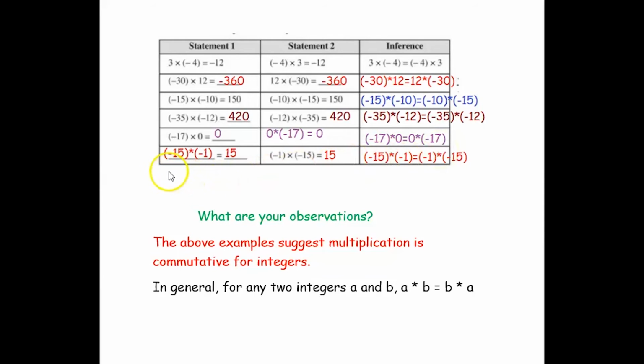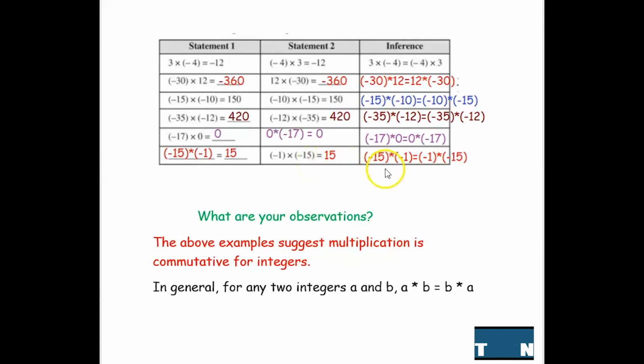Then one more statement. Negative 15 into negative 1. So that will be two negative integers. So two negative integers multiplying will give a positive product. So plus 15 into 1 is 15. So in the other way, if it is negative 1 into negative 15, same, two negative integers multiplied will give you a positive, and then 15 into 1 is 15. So it's 15.